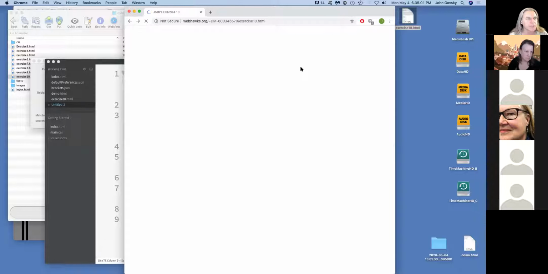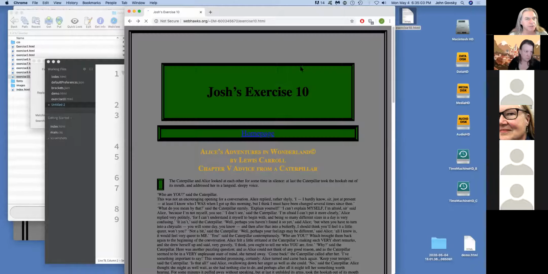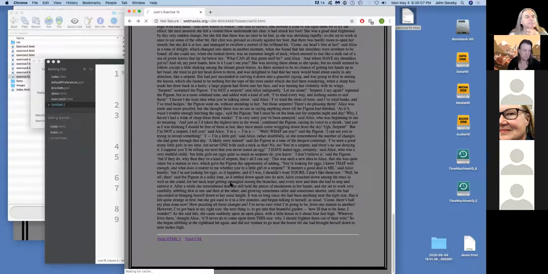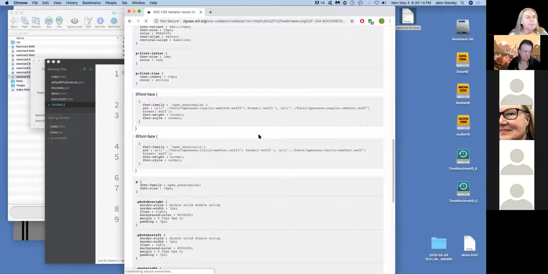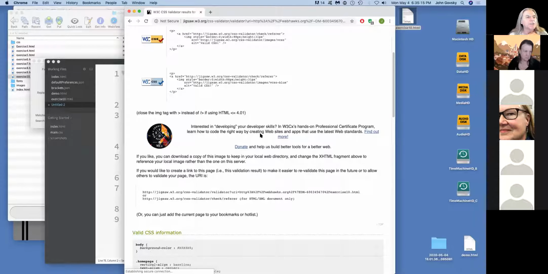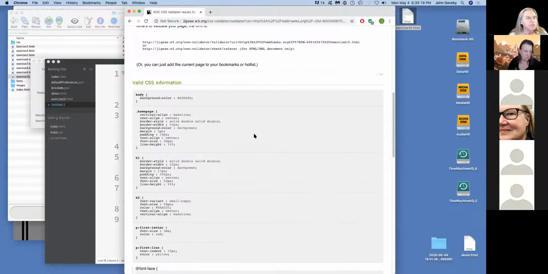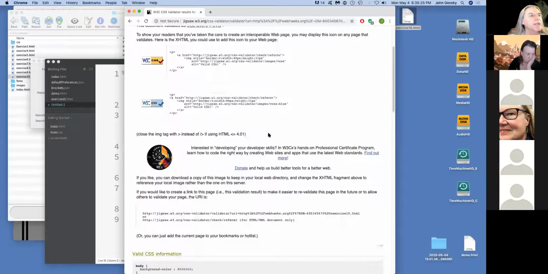I'm waiting for the page to load. Come on. Apparently my CSS is fine when I validated it. Okay, so do you have one style sheet or two? I have two, one for print, one for screen. Okay, so we're going to start by going back and looking at your HTML.